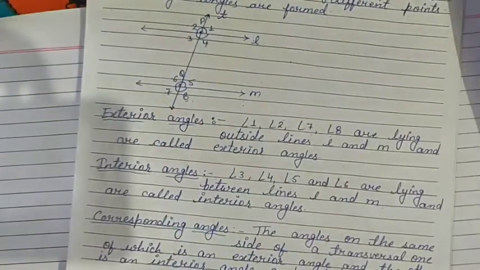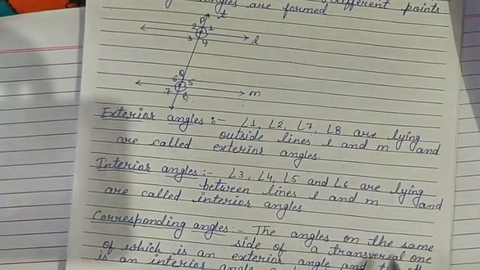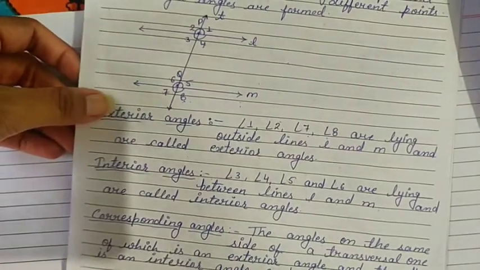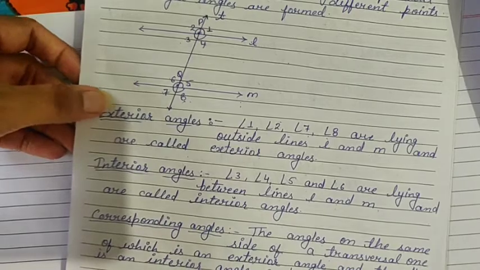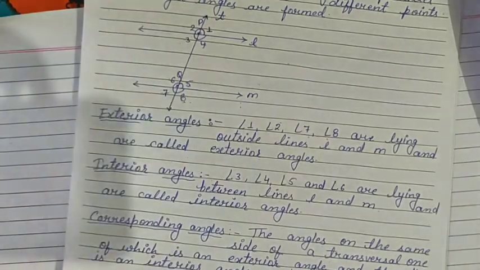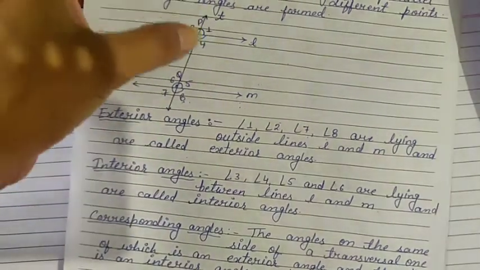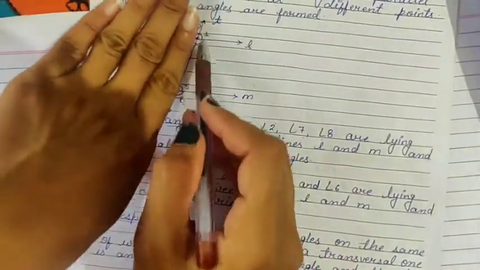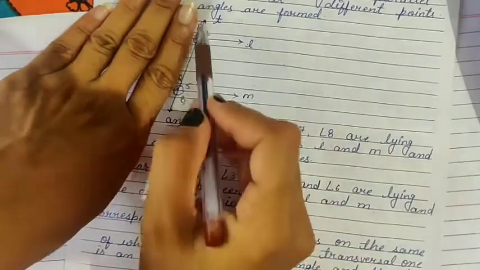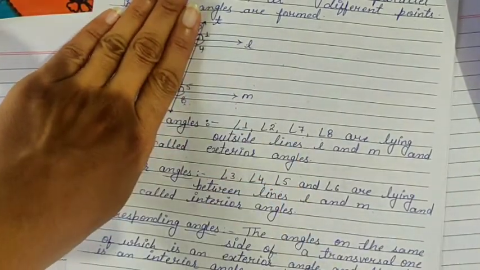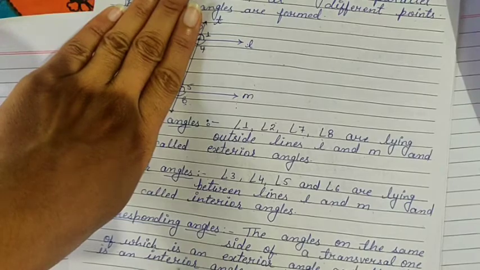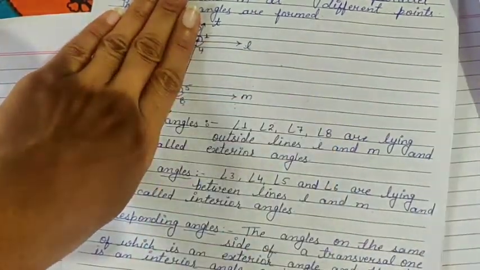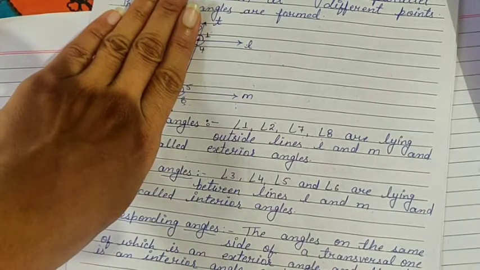Now corresponding angles. The angles on the same side of a transversal, one of which is an exterior angle and the other is an interior angle. Students, go through the definition. The angles on the same side of a transversal. This is a transversal. These angles are on the same side of this transversal: 1, 4, 5 and 8. Okay. One of which is an exterior angle, for example, angle 1. This is an exterior angle